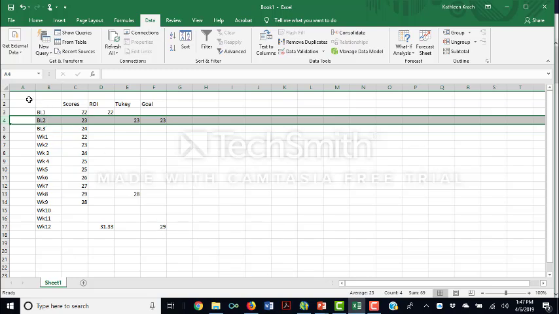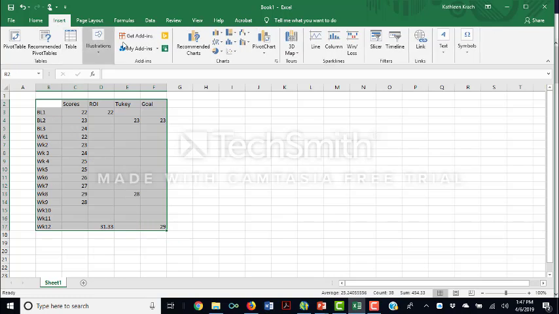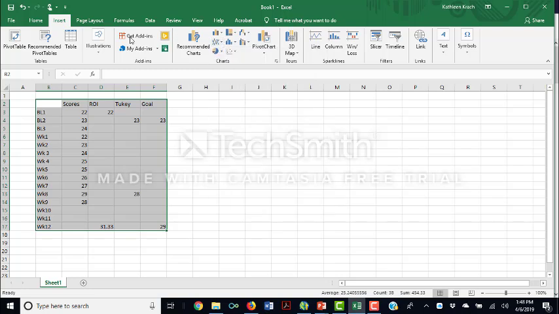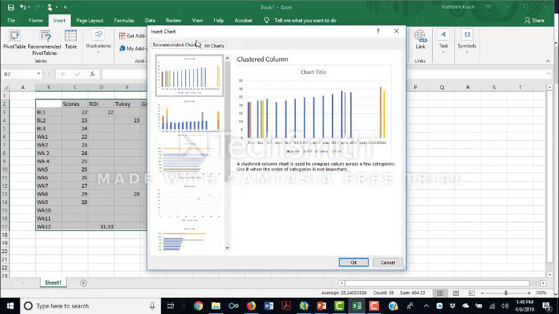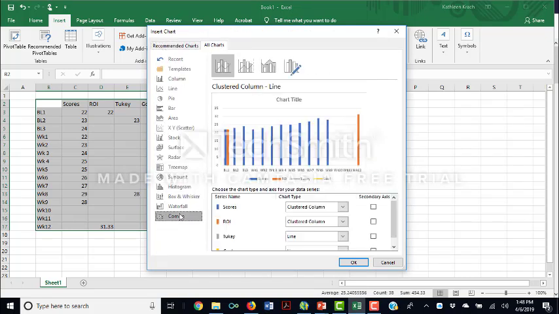So these are our numbers. So how do we turn these numbers into a graph? First, you have to highlight it, okay? And then you're going to go up here to Insert, and you're going to insert, let's see, they have an option here. Insert recommended charts. Okay, I tend to go to all charts, and what you want is a combo because we're